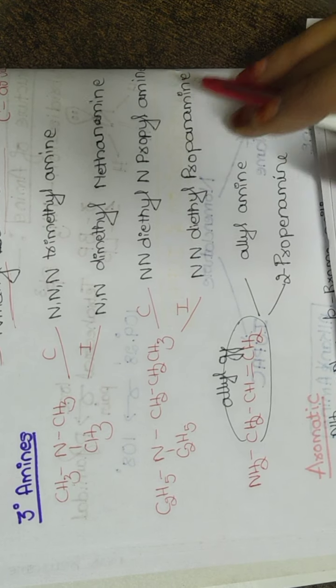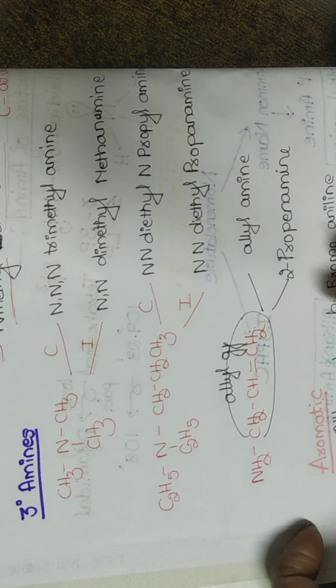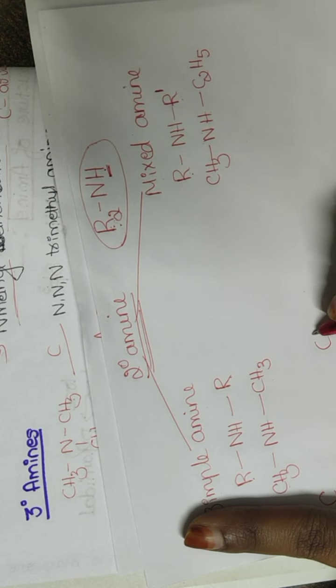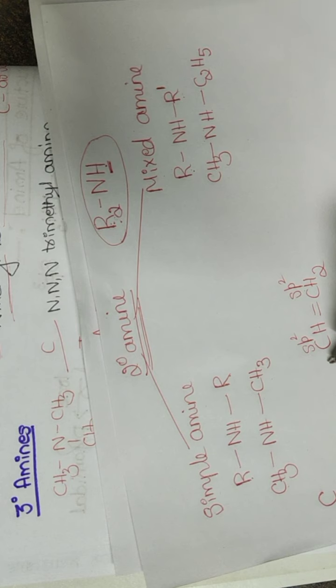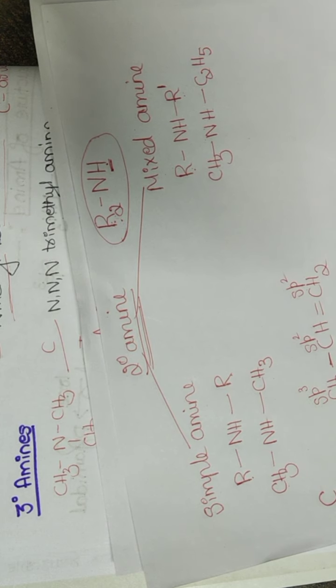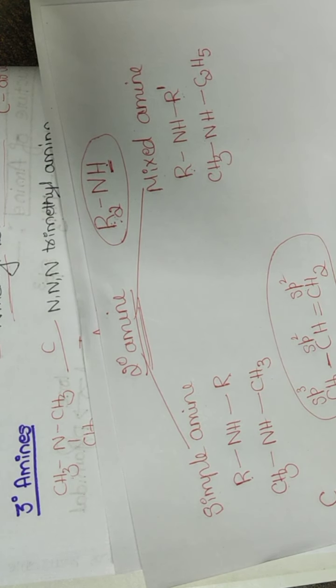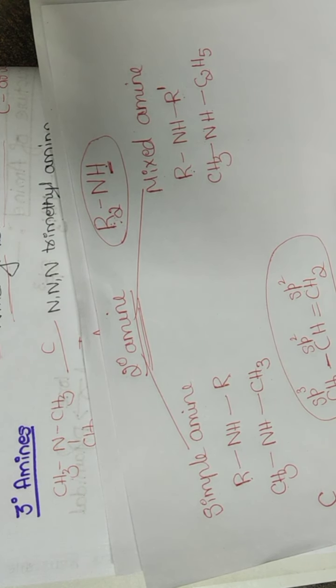Okay, so this is regarding the common name and IUPAC nomenclature for tertiary amine. So for example, if I take an allyl group, what do you mean by allyl group? If I have an unsaturated system, that means 2 carbon atoms that are sp2 hybridized, and this carbon in turn is bonded to an sp3 hybridized carbon atom, followed by a functional group. So this entire chain, which has 2 carbons with sp2 bonded to an sp3 hybridized carbon followed by a functional group, is called an allyl group.